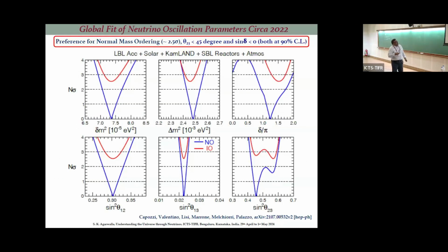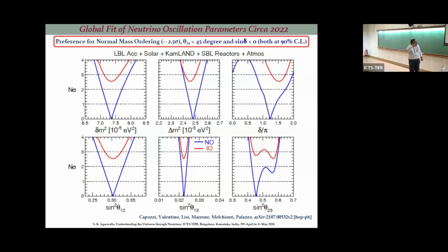And this is the final fit. I asked three open questions today. I will finish today with the present status. So this is the fit from all the data. You can see that this blue line is with normal ordering and the red line is with inverted ordering. So you fit the data and you measure any quantity, delta CP, splitting or mixing angle. Every time the preferred choice is normal ordering. You see, when it starts at the bottom, that means that it is more preferred, right?